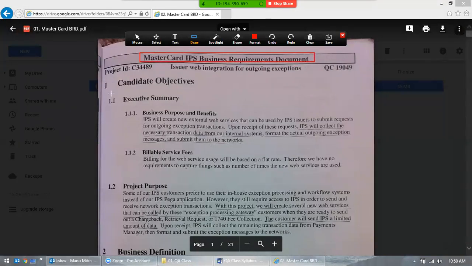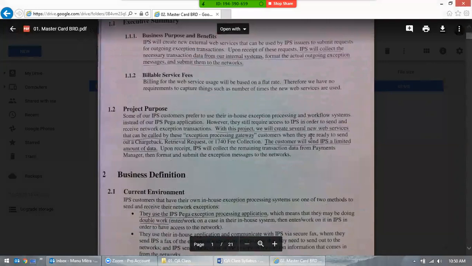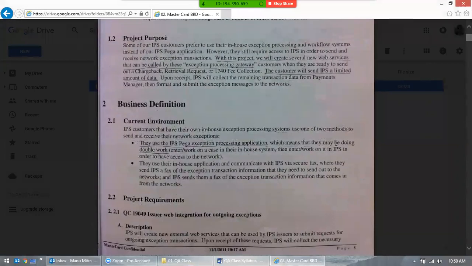What is a summary? What is a project purpose? It's a lot of information. As a tester, you may not really need to understand all these things. It's really not required. But what is required from this document is